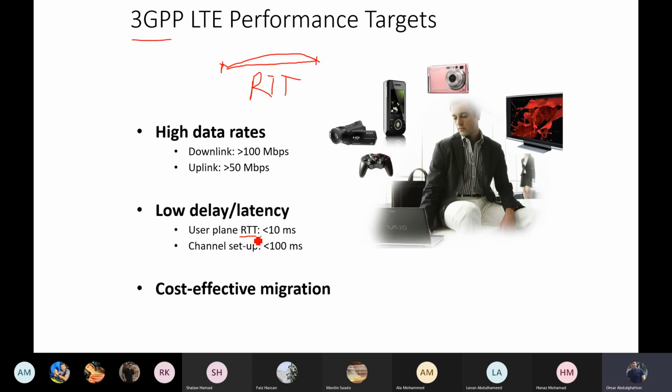All right, so the delay, the time will be when the source sends a signal and receives. This is normally in milliseconds, and for the channel setup, less than 100 milliseconds. Channel setup, if you remember, I'm not sure whether I discussed this one or it was in mobile communication, because